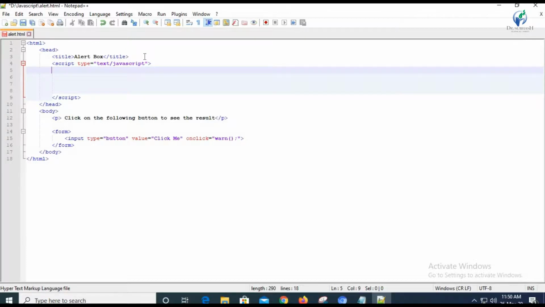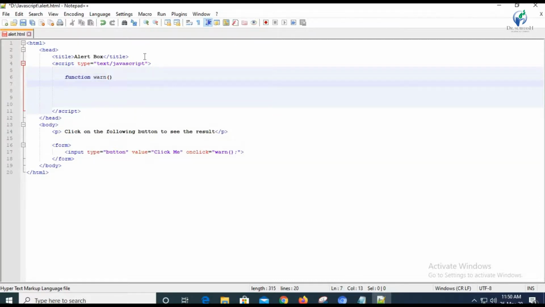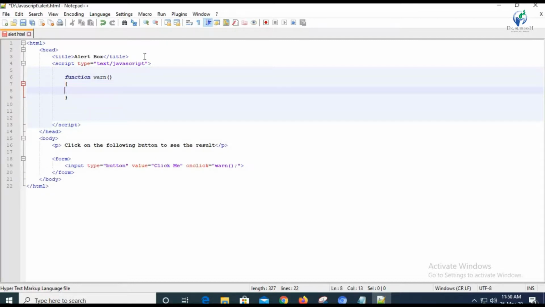Now we are going to create the function. So to create the function, first we are going to use the function keyword and the name of the function. Here we have already created the function by the name of one. The same name we are going to use, one. Now inside the function I'm going to create alert, and inside this alert function I'm going to write the warning message or whatever message we want to display.